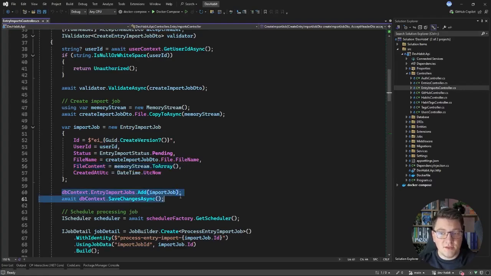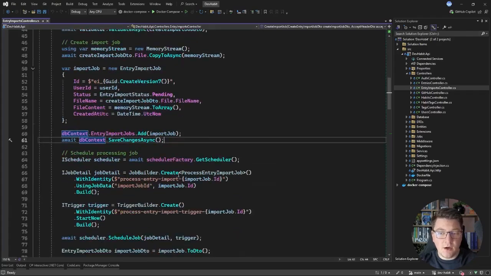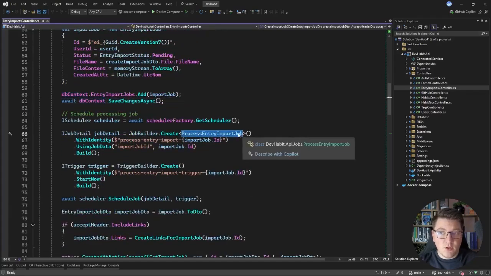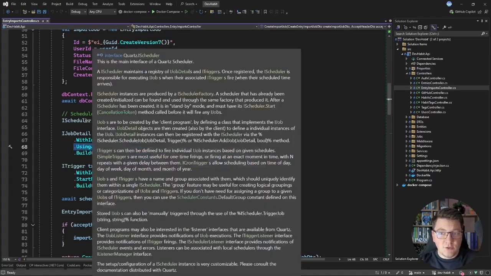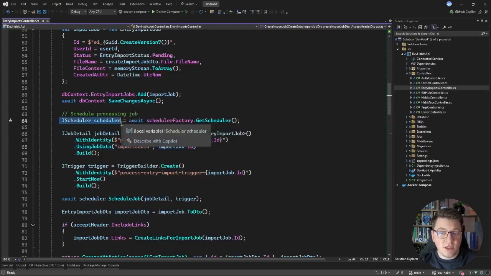Then we're going to add this to our database and persist these changes, and the next step is actually kicking off the background work. So we're going to schedule a new instance of the process entry import job, and I'm passing in the job ID as the data for this background worker. I'll schedule this using Quartz and the IScheduler interface, and I'm going to say that the background processing should start